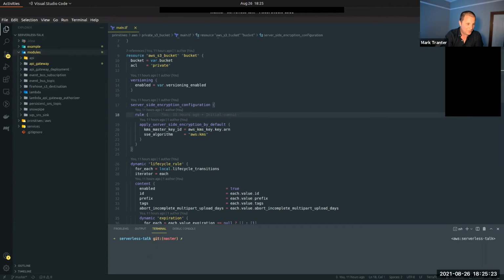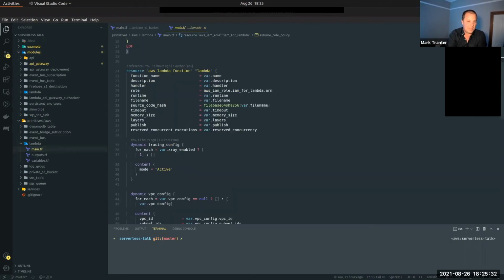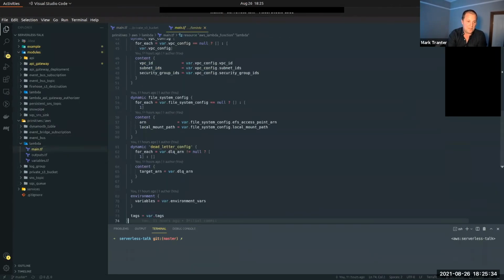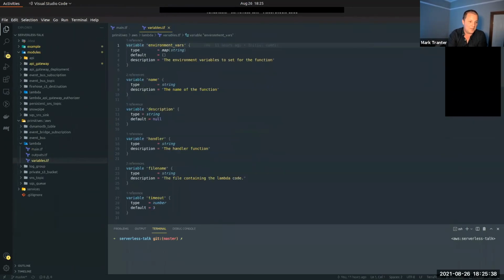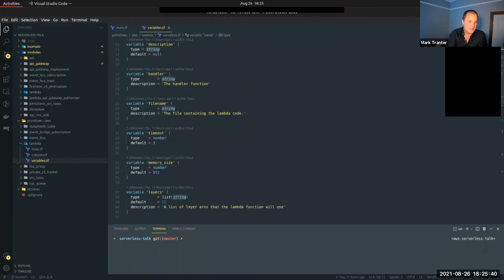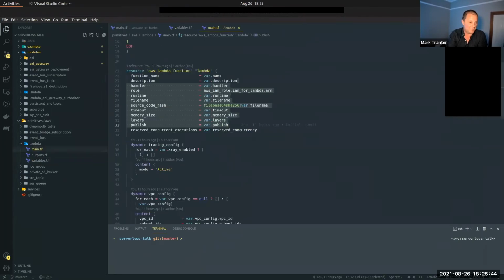You can then start to build things that are a little bit more fun, right? So in our primitives, we define a lambda function. A lambda function basically just needs a function with a whole set of variables. You'll see that I'm parameterizing just about every parameter possible when I create these lambda functions.